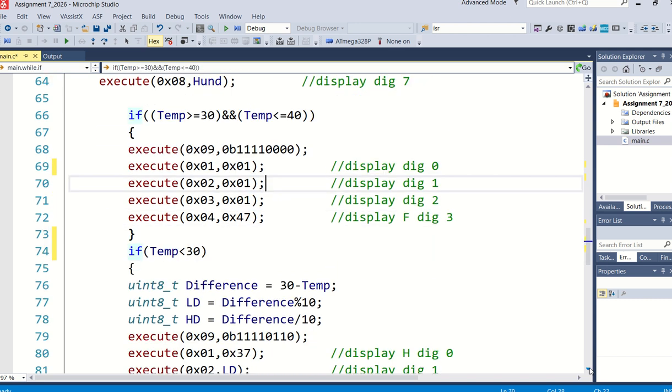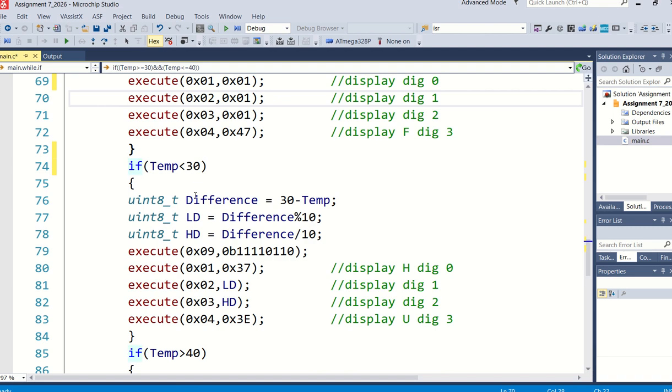If we say the temperature is below 30 degrees Celsius, then I know I must put a U at a specific position, and also the difference, and I must also tell this thing to actually heat up. So here I've said what is the difference we're talking about. I'm reading the real temperature. Let's say the temperature is 22 degrees Celsius. So 30 minus 22 is going to give me a difference of 8, or 0.8 basically. It could be more. Let's assume the difference is 12.